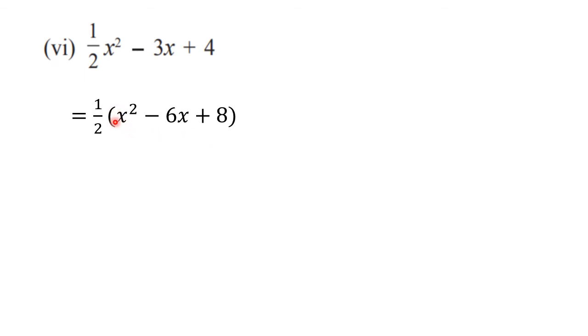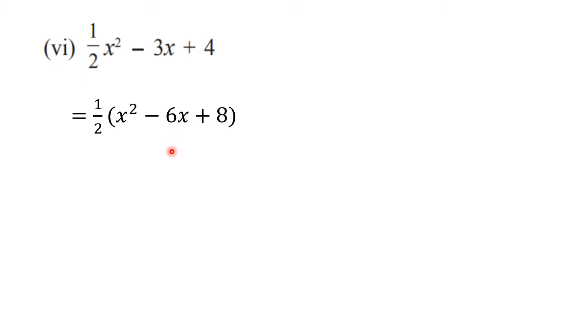Here we have number 1 and here we have 8. So 1 into 8 is 8. Find out two numbers whose multiplication is 8 and addition is 6. Addition, why? Because plus sign is there here. But again, what we can observe here, the sign of the middle term is negative. So here, both the numbers will have minus sign. So the numbers here are minus 4 and minus 2.